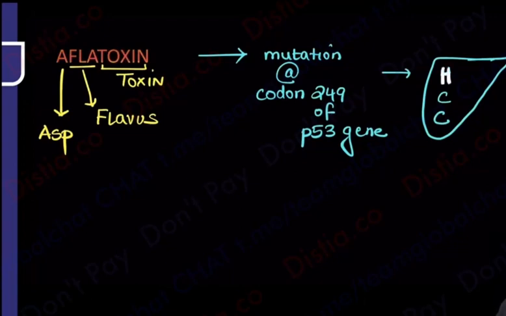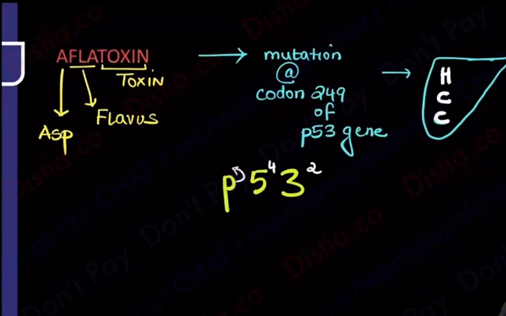But now I understand you must be making faces, thinking, how will I learn codon 249 of P53? So remember the way you write P53, just fill in the blanks of the numbers that are missing. You write a 2 over here because 3 is already written. Then you write a 4 over here because 5 is already written. And with this P, what can I do? Which number can I make? If I invert it, I get a 9. So what codon did I end up making? I ended up making 249.